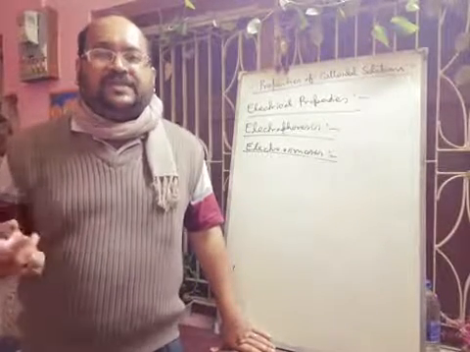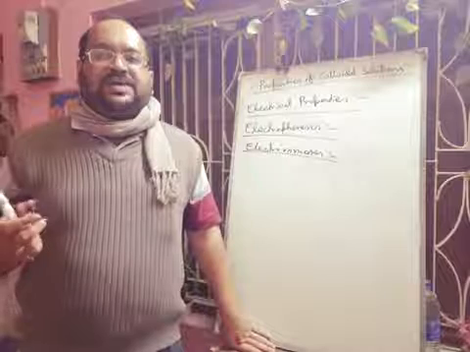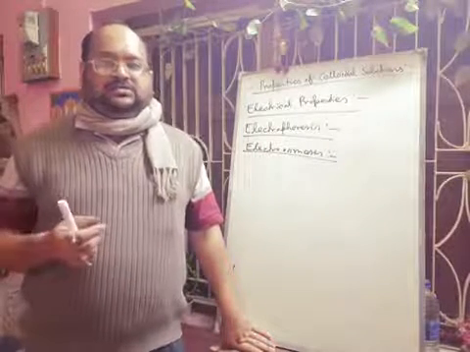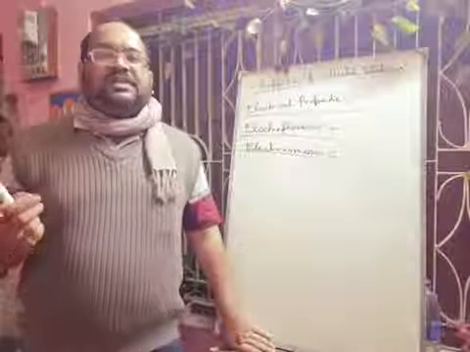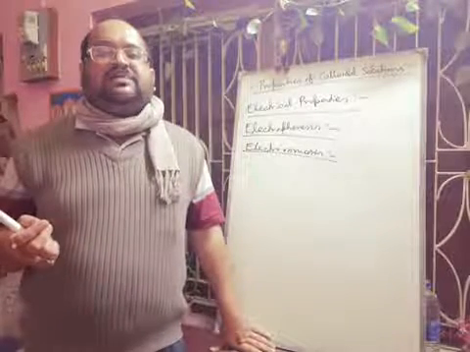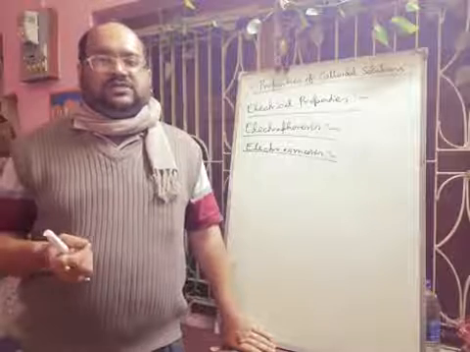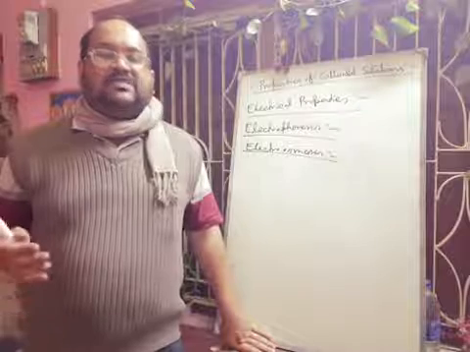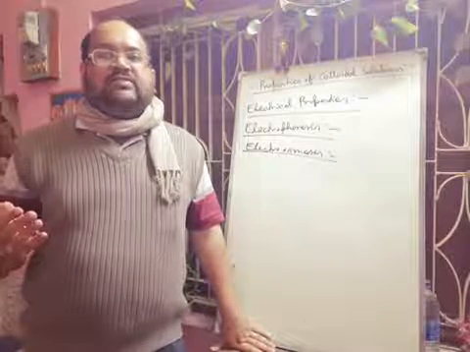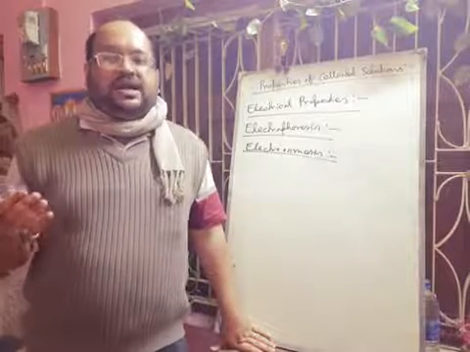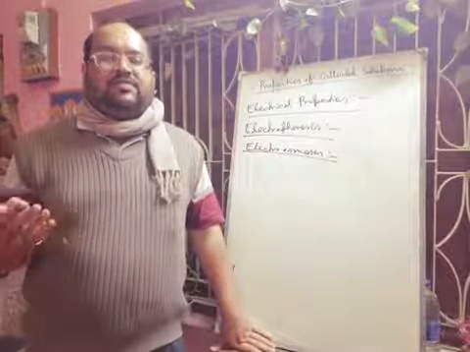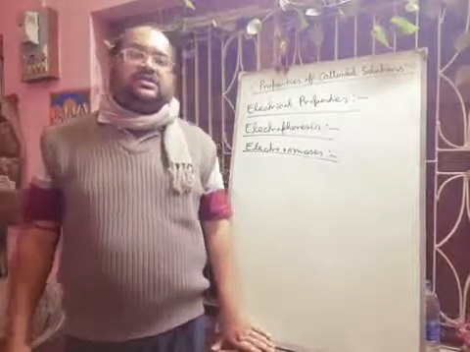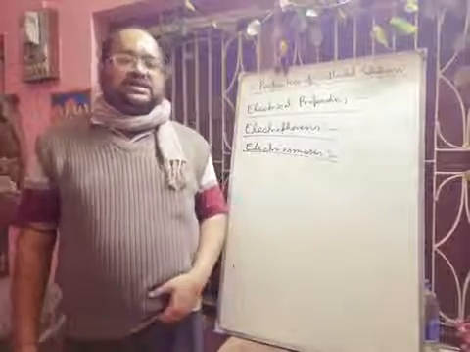When the dispersed phase is kept stationary, the dispersion medium is actually found to move towards one or the other electrode. The movement of the dispersion medium under the influence of an electric field is called electroosmosis. Now, what will be the application of electroosmosis? Electroosmosis can be used in dewatering moist clay, drying of dye pastes, and removal of water from peat. So these are the applications of electroosmosis, and today we will discuss up to this.